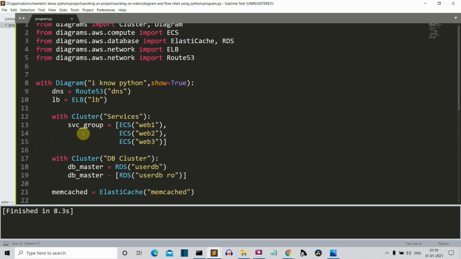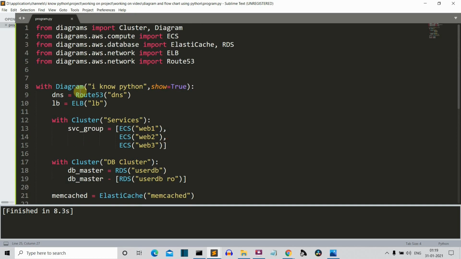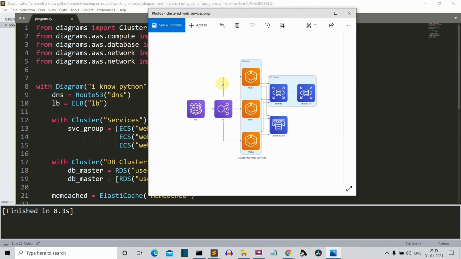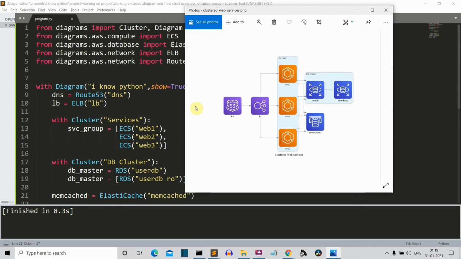Okay, so now let me take some time and explain what is happening here. So we have created a DNS variable in which this router class is saved. Now I have shown you how each class is having an image, right? So just below that image, this is for this icon, right? We have to write a text. We are writing DNS here. Okay, same for this lb variable. We are using this elb class, and the text just below this elb is lb, and same here also.